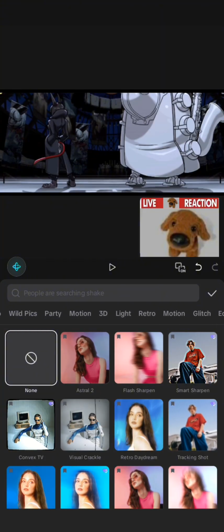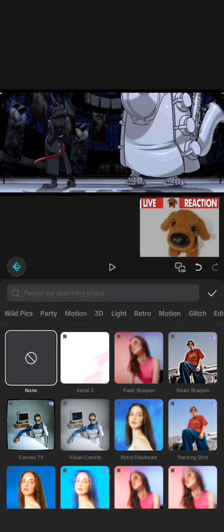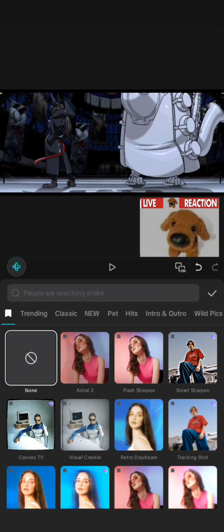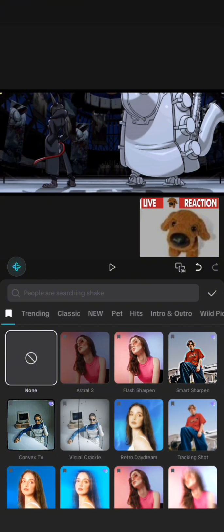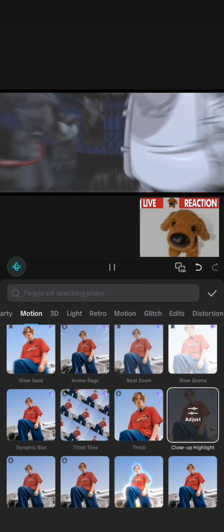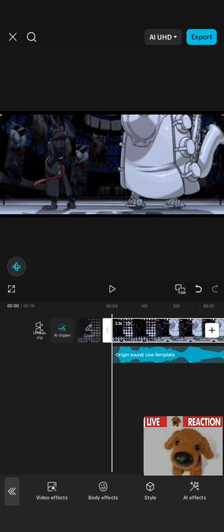But I usually try to find effects that fit with the theme that I'm trying to go for in the edit. I do have Pro, but I don't pay money for it. I get free trials from CapCut. And this one looks interesting right here. I'd have to use some keyframes.